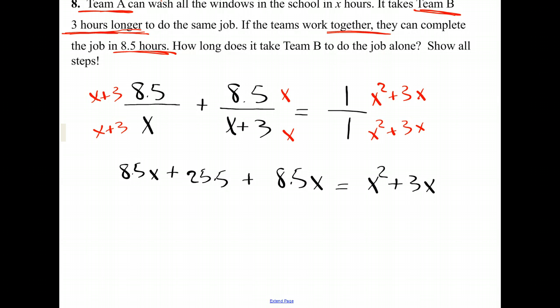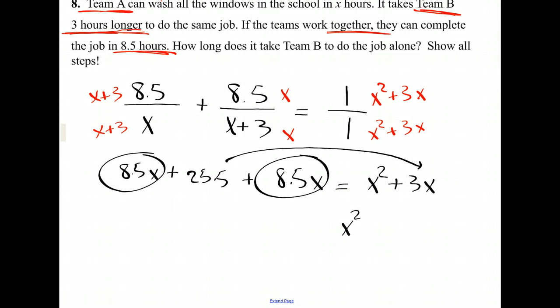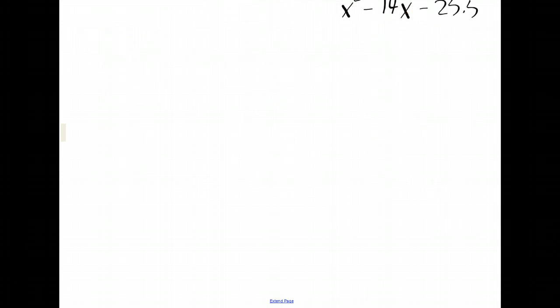Okay, clean that up. We have, let's see, x squared. Let's do it on this side. So we have x squared. How many x's? That and that together make 17x. And if we move those 17x's over here, they're going to be negative. So they show up as a total of negative 14x. And then if we move this 25.5 over, that becomes minus 25.5. So this is kind of an ugly one,